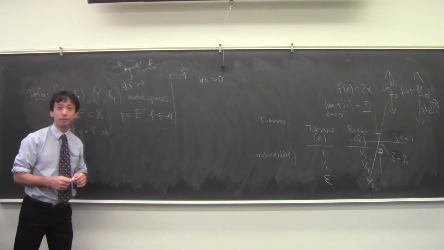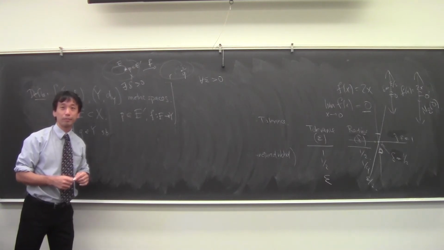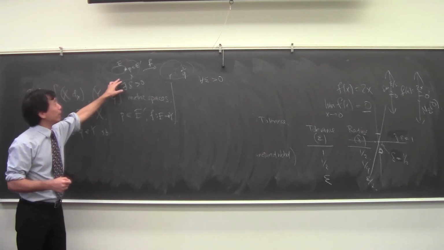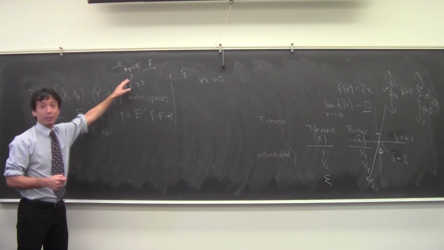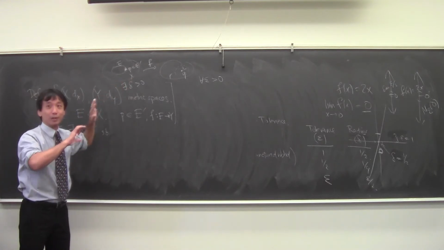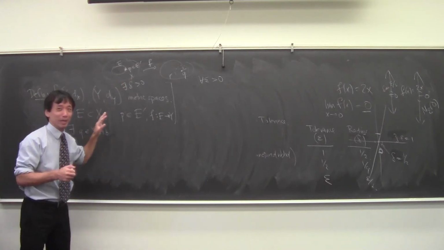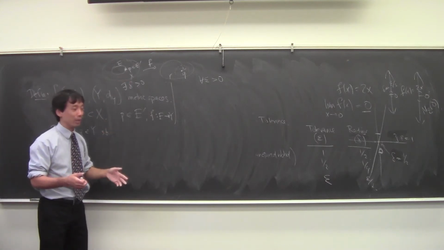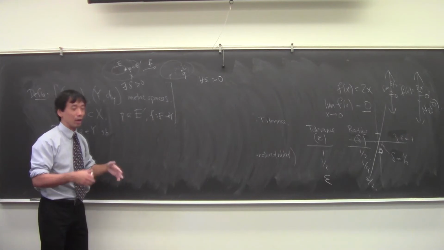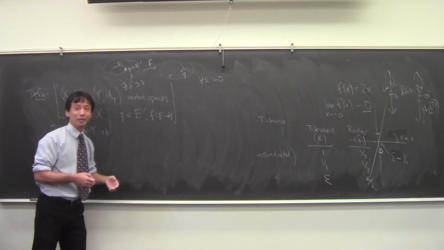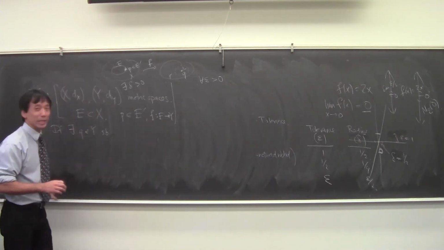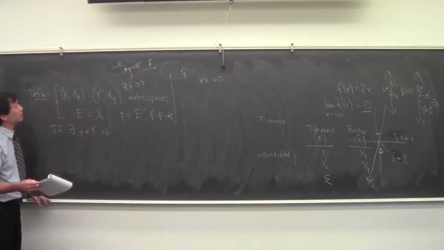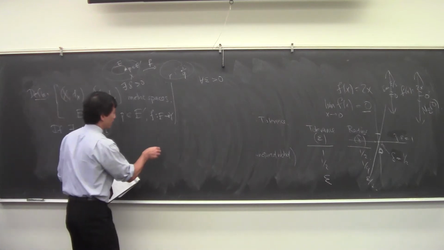Why was it necessary for p to be a limit point of E? It's kind of funny, but if you don't require that p be a limit point of E, then the definition becomes kind of uncontrollable. I'll let you think about it, but basically arbitrary things could happen at certain points. So yes, you need it.